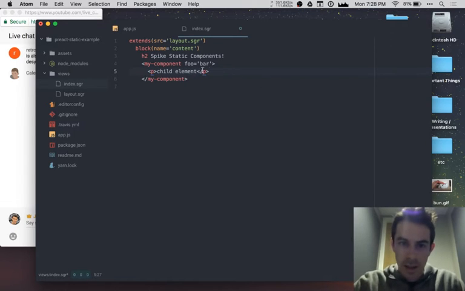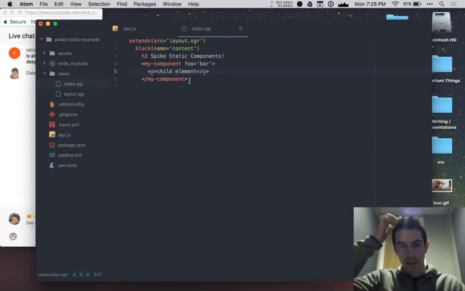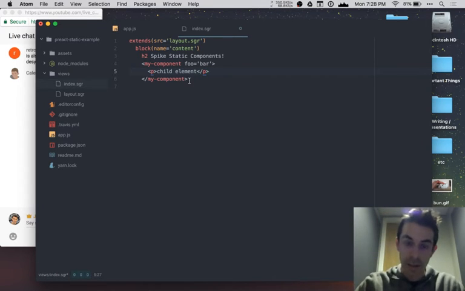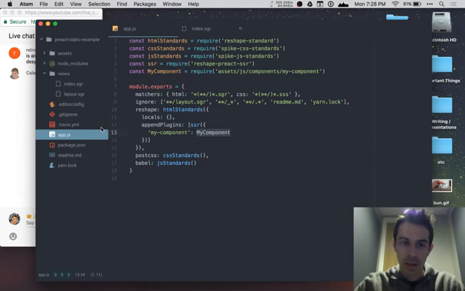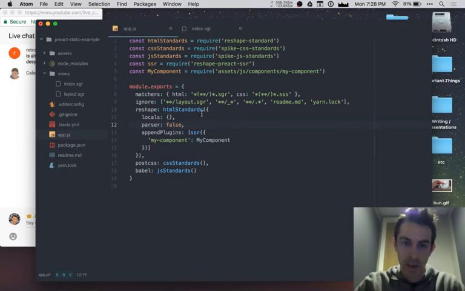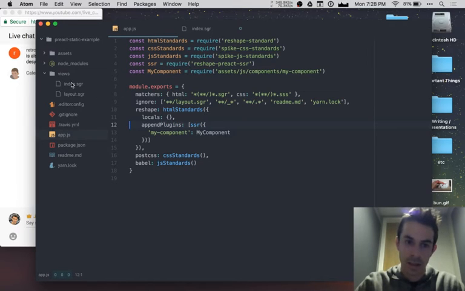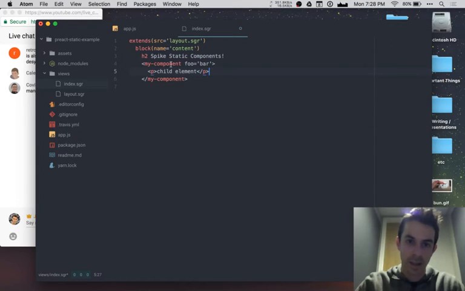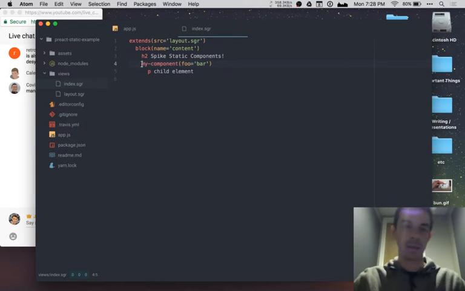I'm going to stick with this because it's default and it's what I like to use, but just so you know, it's very, very simple to use normal HTML with Spike. All you have to do is just jump in here and do parse or false, and you're good. It will just run it as normal HTML. You just have to change these extensions and obviously change the syntax over to being regular HTML. Okay, but this is kind of like our Jade pug-like syntax, and so I'm sure most of you will recognize